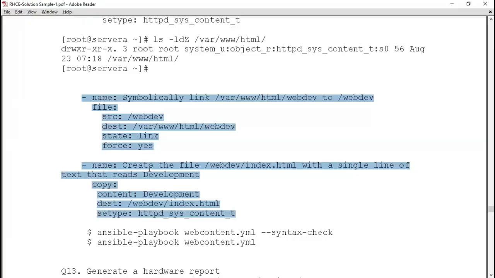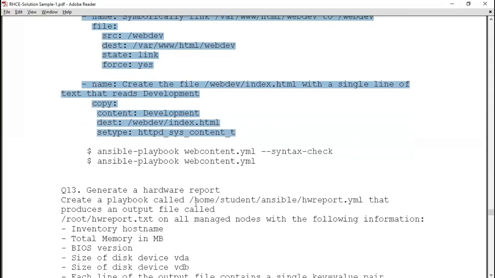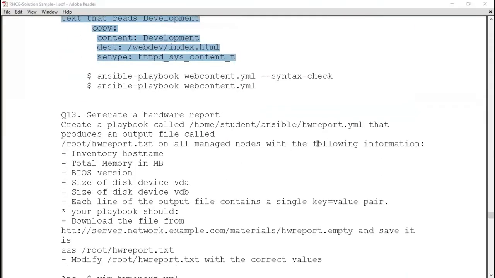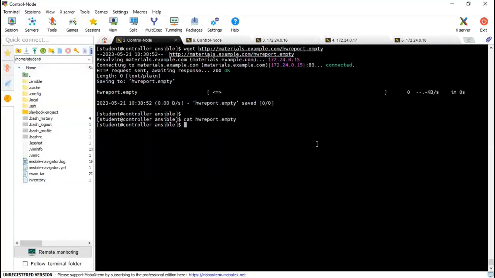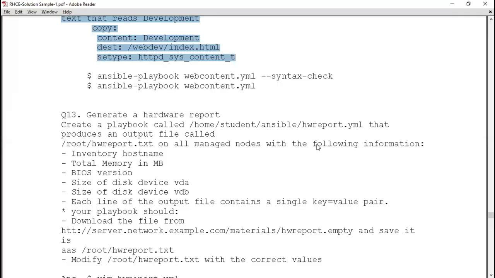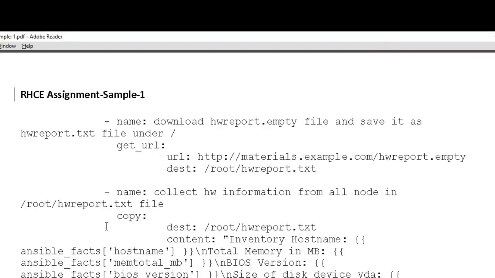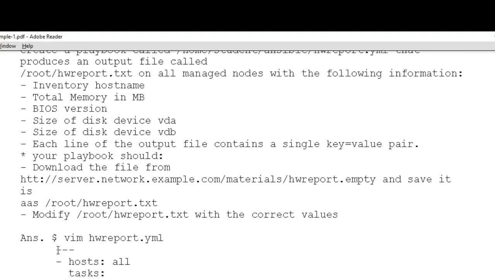Now we need to write the playbook. So the playbook is hwreport.yml. So vim hwreport.yml. It should be executed on all of the hosts.